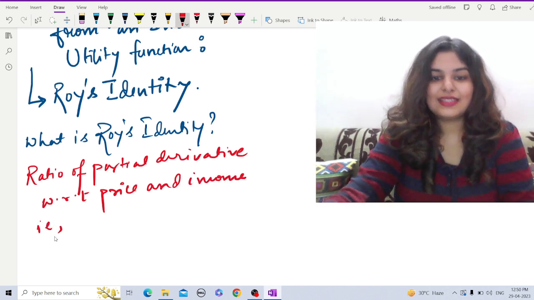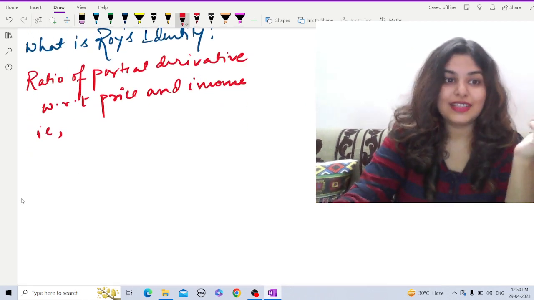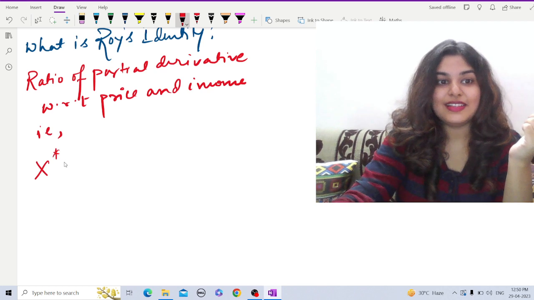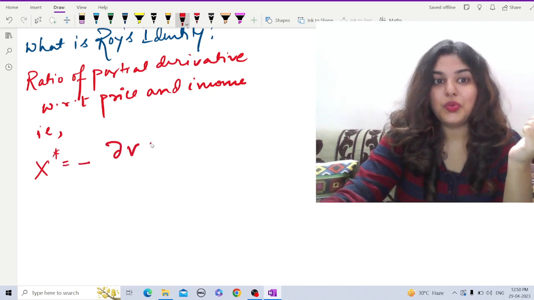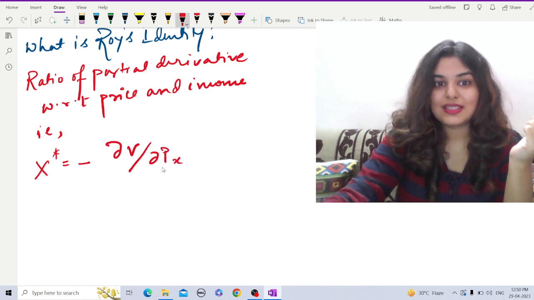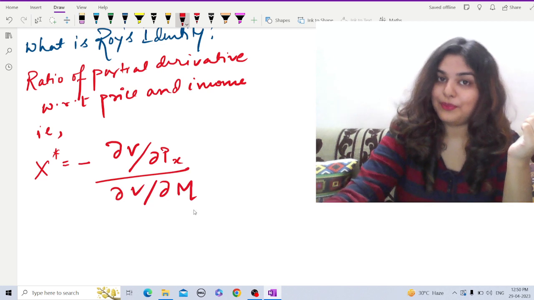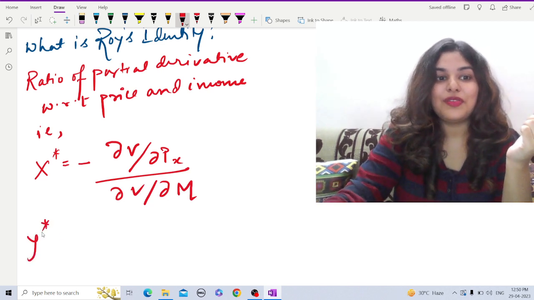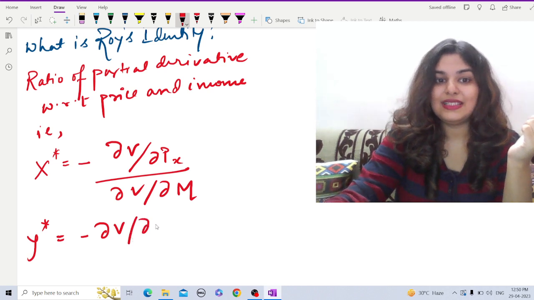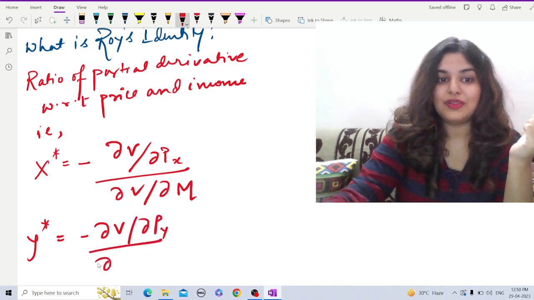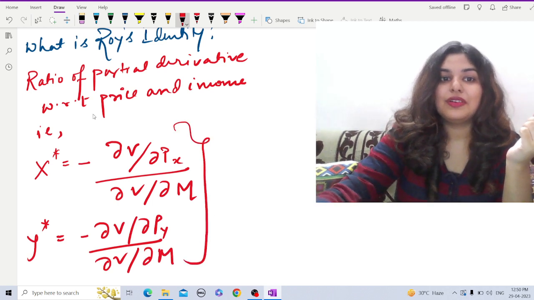That is, if you want to find out the ordinary demand function of x, that is x star is equal to minus of delta v by delta px whole divided by delta v by delta m. Similarly, y star is equal to minus delta v by delta py divided by delta v by delta m,